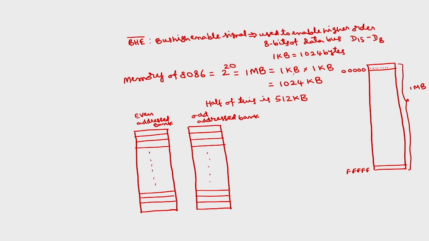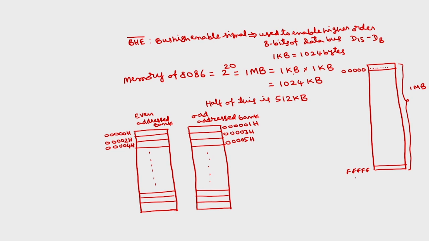So what are the addresses? Total addresses start at 00000H. This is the starting address of the total 512 kilobytes of the memory that will go to the even bank. The second location, which is 00001H, will go to the odd bank alternatively, and then the next one will be 00002H, and this will be 00003H. This will be 00004H, 00005H, and so on. And what about the last address,